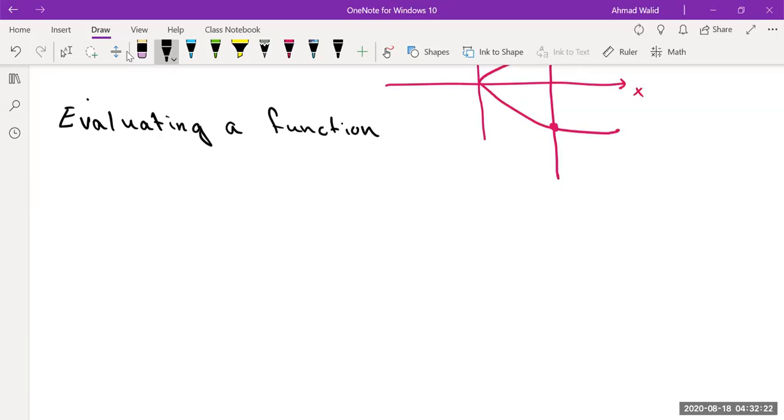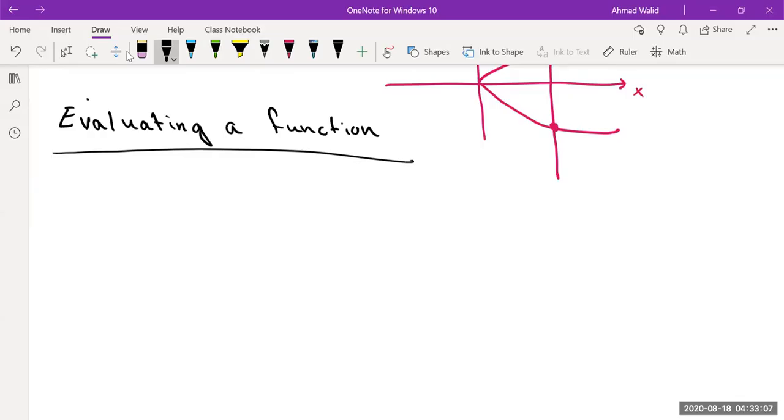What does it mean? Evaluating a function means finding the numerical value of a function, correct? That's what we call it, evaluating a function. Again, I saw students have a lot of problems, especially when they start with intermediate algebra. When I give them a function and I say evaluate, they're thinking now what to do. Evaluate means finding the value of the function at the given point,